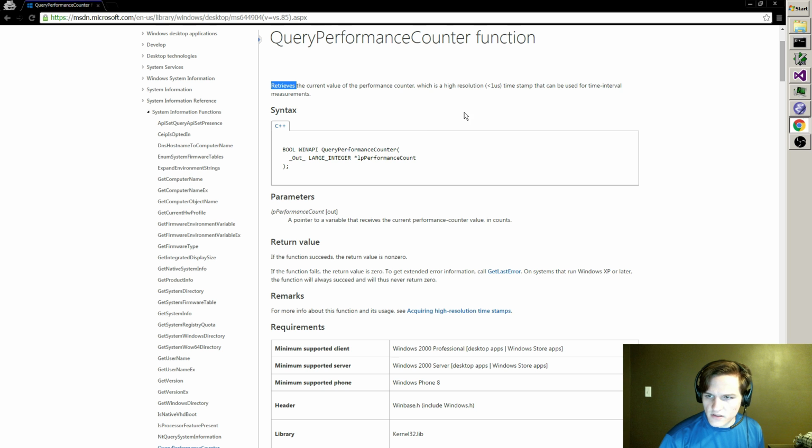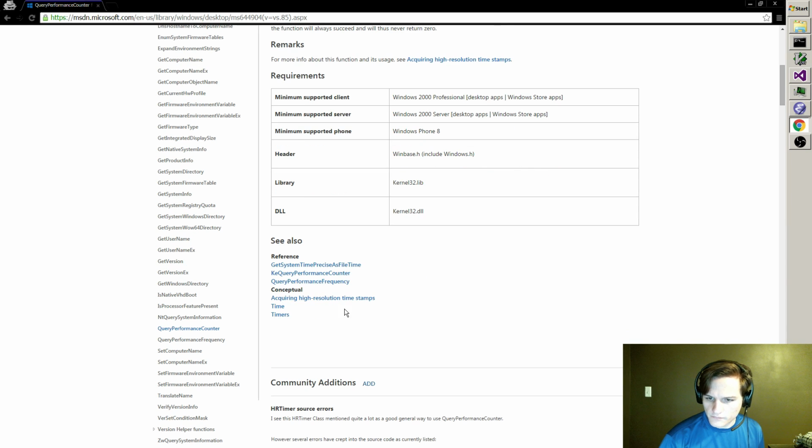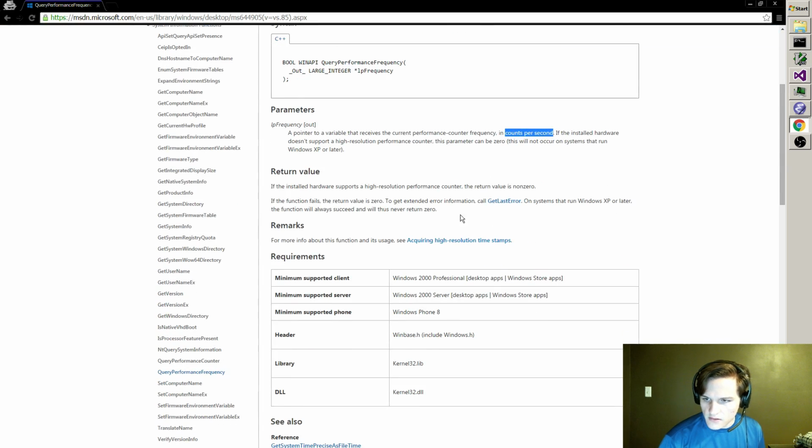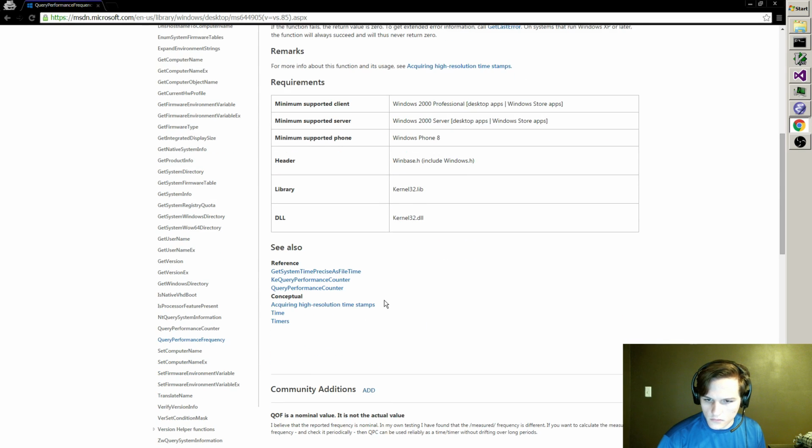I wish it would say, the installed hardware doesn't support a high resolution performance counter. Counts per second, a pointer to the variable that receives the current performance counter frequency in counts per second. Is the resolution of the counter in single counts though?